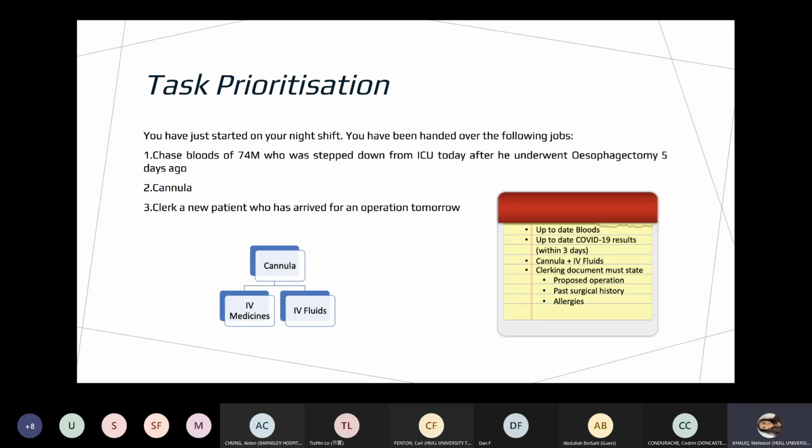Okay, so to start us off, we've just got a slide on task prioritization. Like the slide says, you've just started on your night shift. You've been handed over the following jobs. Chase bloods of a 74-year-old male who was stepped down from ICU today after he underwent esophagectomy 5 days ago. A cannula, and to clerk a new patient who has arrived for an operation tomorrow. Thinking about this, you probably need a bit more information before you can decide what you're going to prioritize